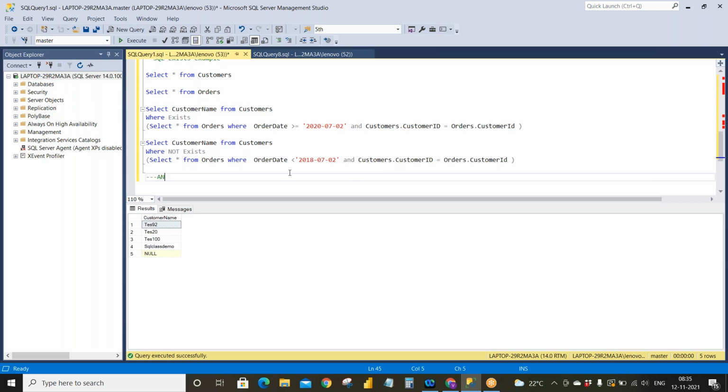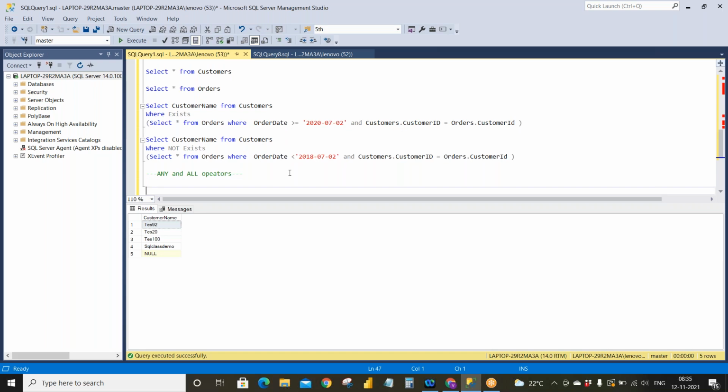And also it's very rarely used, so we will go with any and all operators. So where this is used, like for comparison purposes.